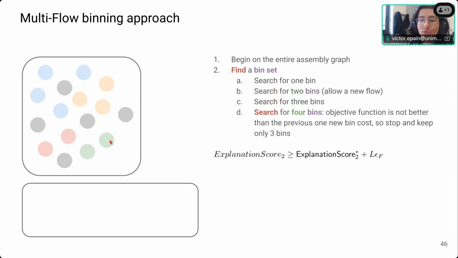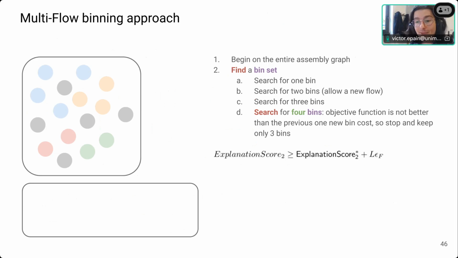And it will do its best, and its best here is splitting a bin in 2, splitting a plasmid in 2, and we can put constraints that ensure we have a better explanation score, a better objective function, and we can add a cost: if you really want to add a new bin, you will pay a minimum cost, and you have to be better than this minimum cost plus the previous objective function, of course.